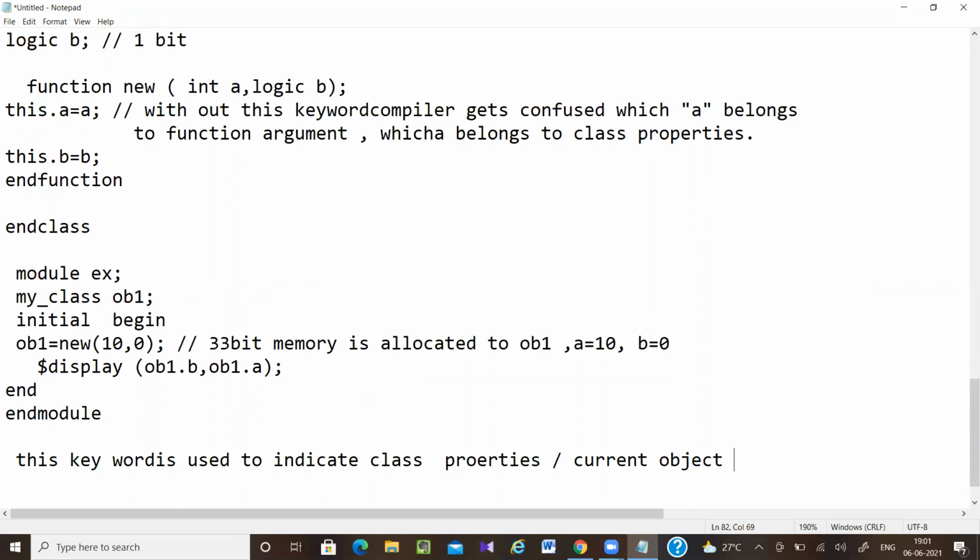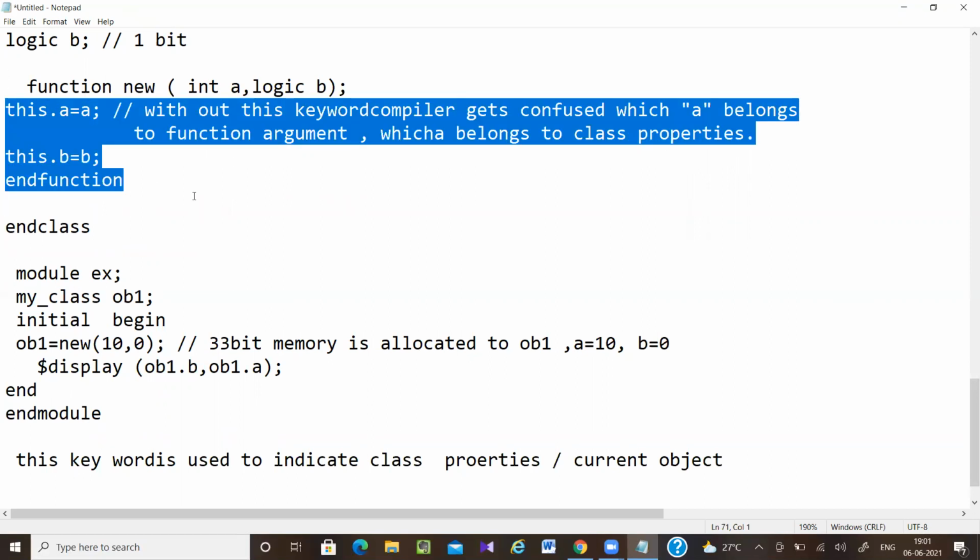Whenever the function argument and my class properties have the same name, the compiler will get confused. To avoid that, we are using the this keyword.